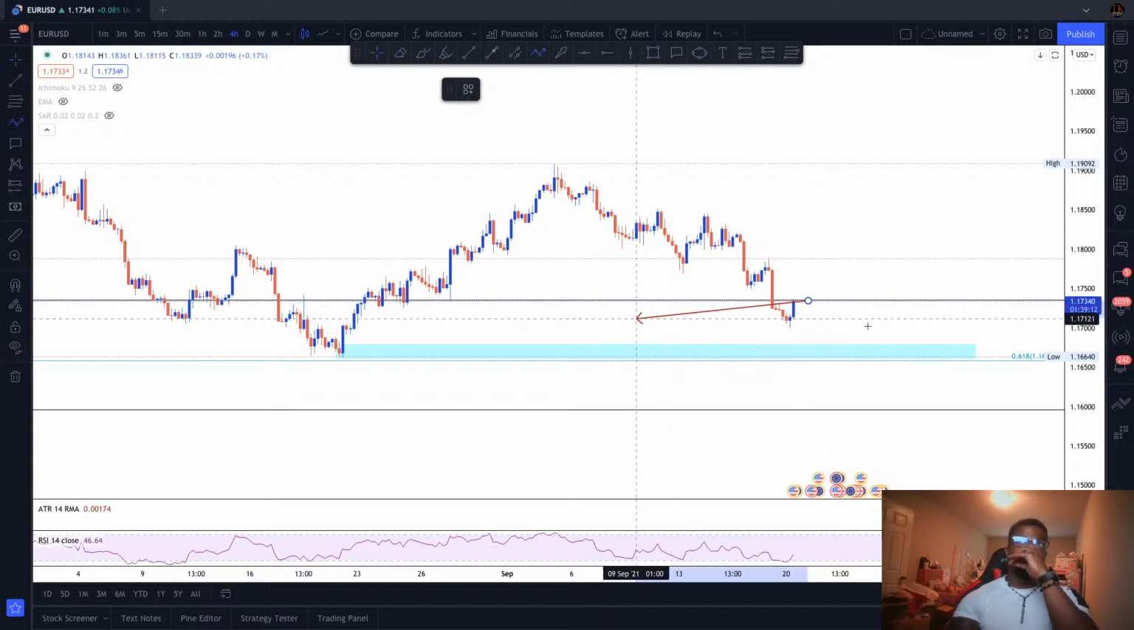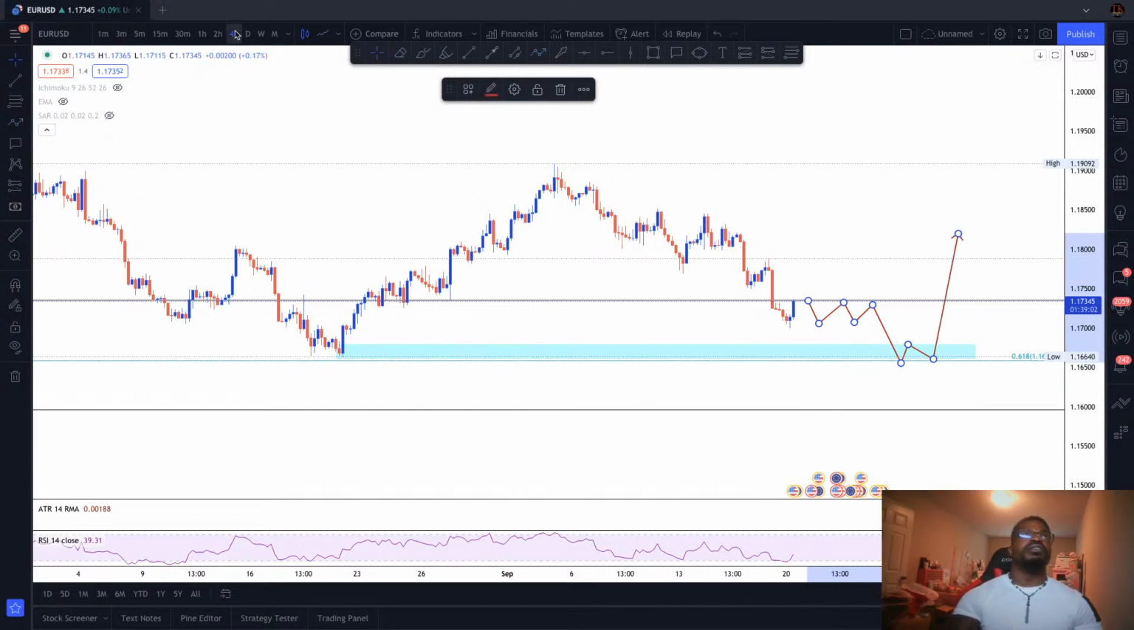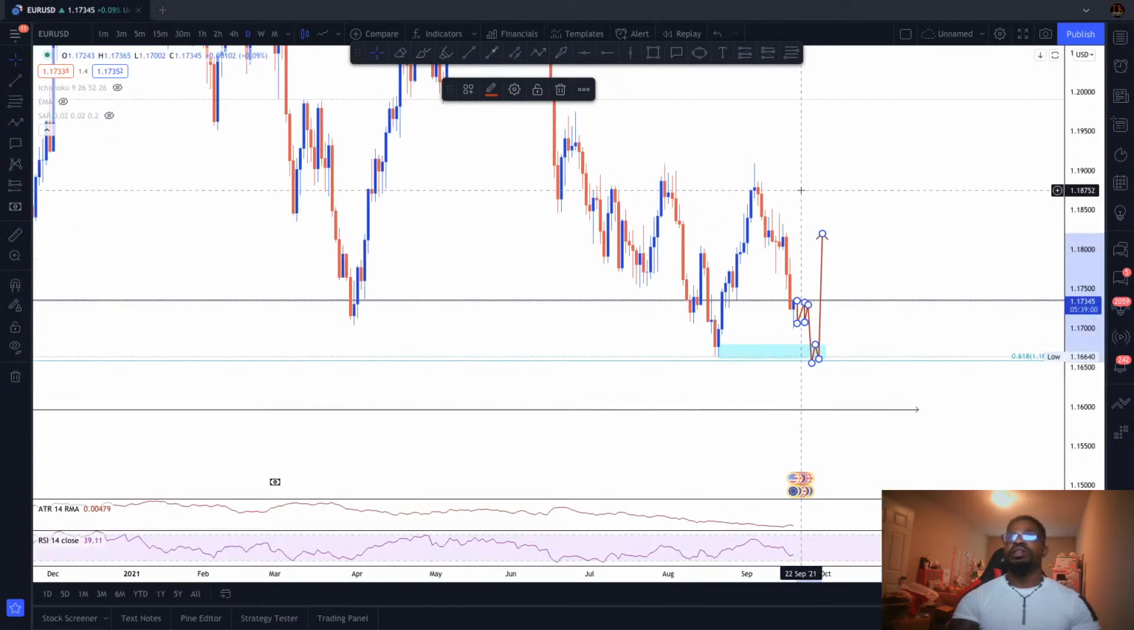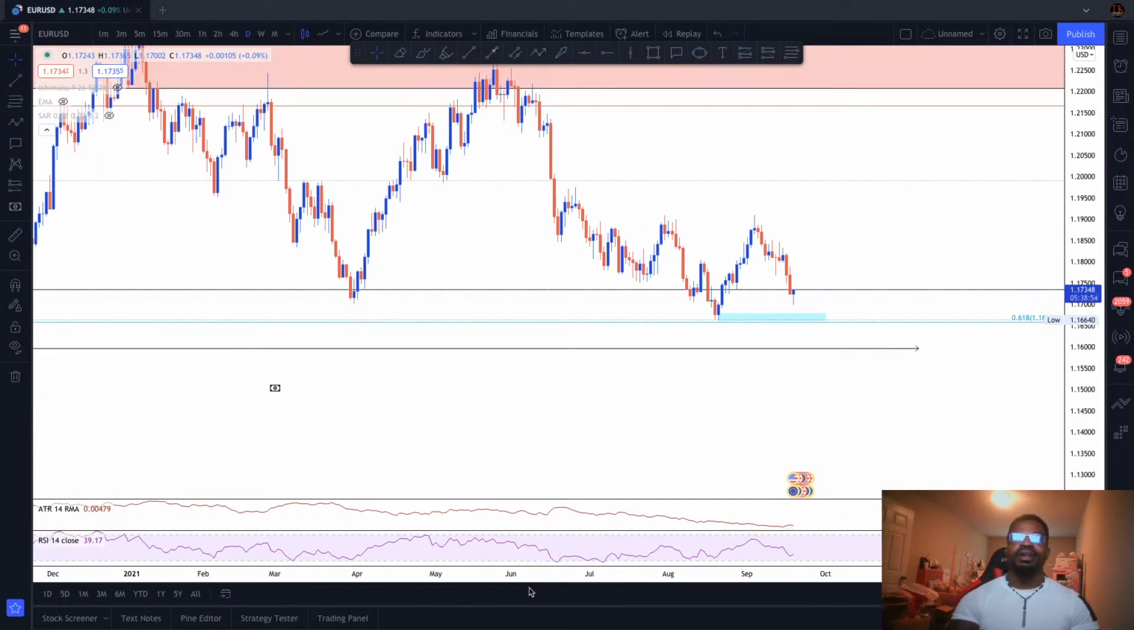Price broke this structure, came back to retest. If it continues to drop, maybe we'll look at this area as our rejection zone. Now, the way I trade, I always look at the possibilities for both sides. So,